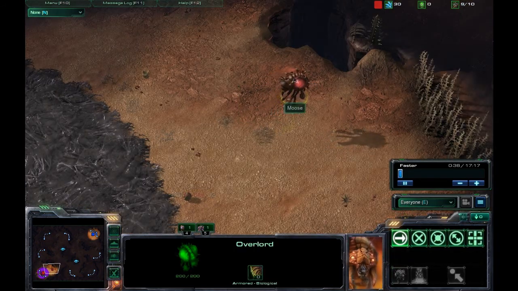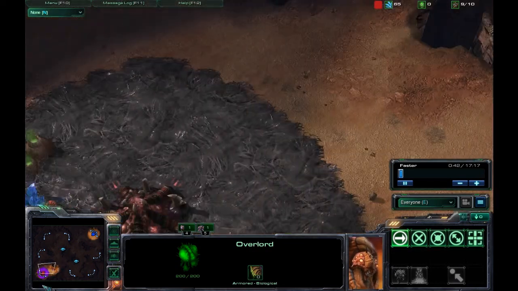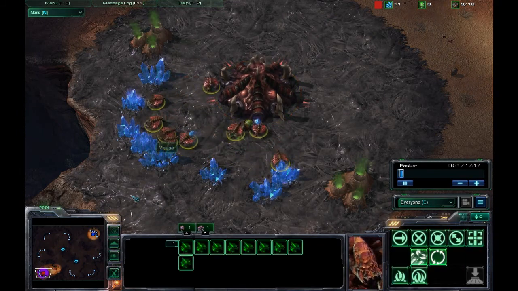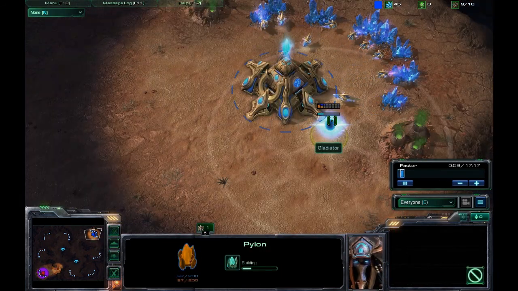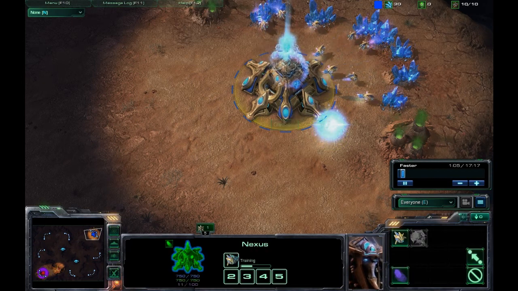So we've got Moose sending out his first Overlord. You only have one place to send it to, so it's always good to send it in the right direction there. And he's just making his drones over here, and he's got about 9. I wonder if he's going to make his Overlord, and he is making an Overlord, so he's doing the typical build. And Gladiator is getting his Pylon at 9,